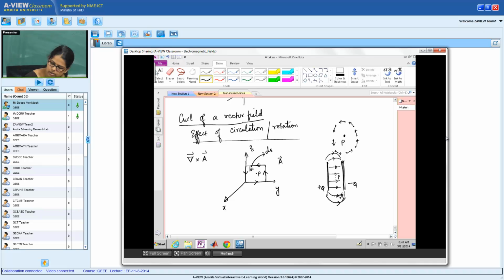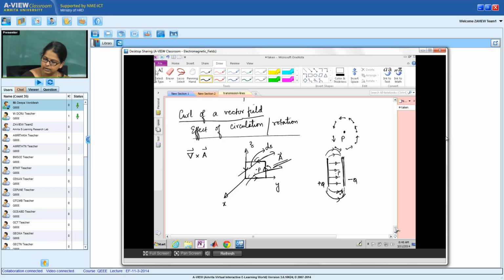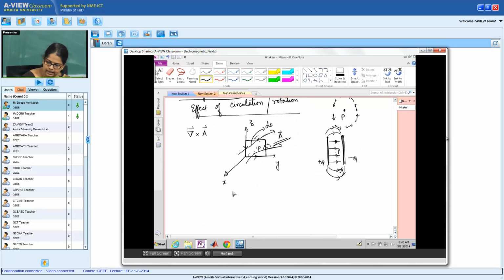You find out what is a contour integral. What is a contour integral? You have to do a line integral here, here, here, and here of this vector. You do not know what the direction of that vector is. Vector could be this way. So to find the line integral, you have to take the projection of this vector along this direction, and along each of the four directions. So use your fundamental understanding of line integrals, contour integral, calculate the complete contour integral of A dot dl,